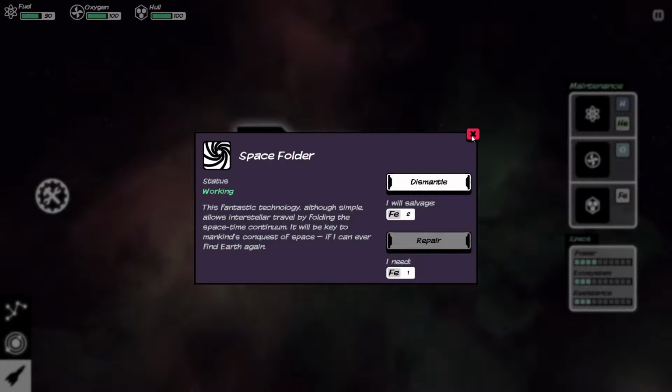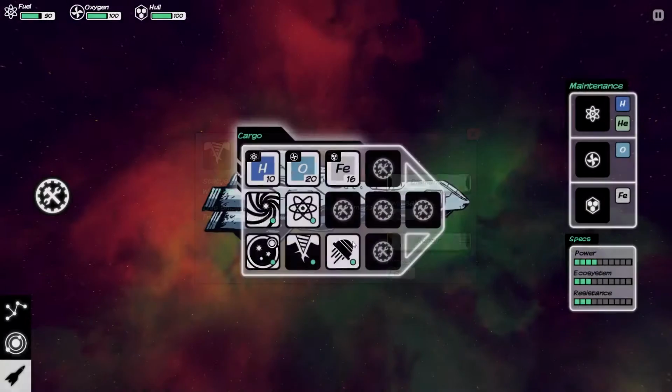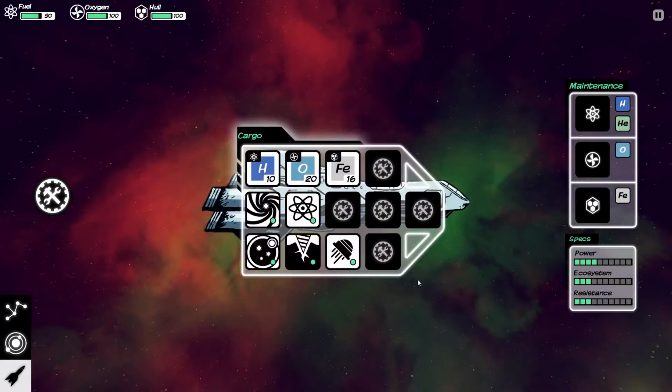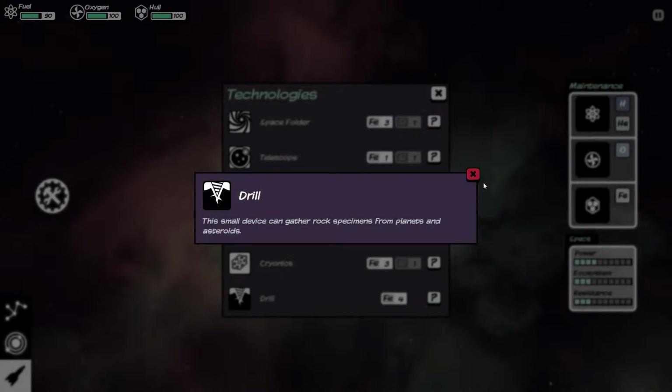Space folder, telescope, drill, and hydrogen probe. This is all useful, and we have space for more stuff. So, we don't have enough stuff to do some research, but